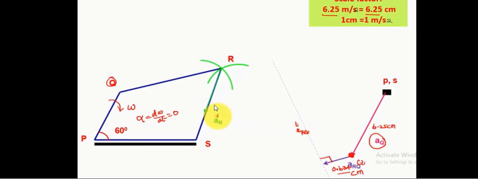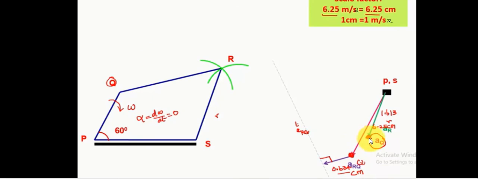Now you have another radial component, that is AR, that you can trace to the point PS, because that is ARS actually. That radial component we already found out. AR, radial component of link RS, is 1.613 meter per second square, and so 1.613 meter per second square will be represented by 1.613 centimeter if you take this scaling. So using that scaling method you can draw that acceleration also. You will get a point here,